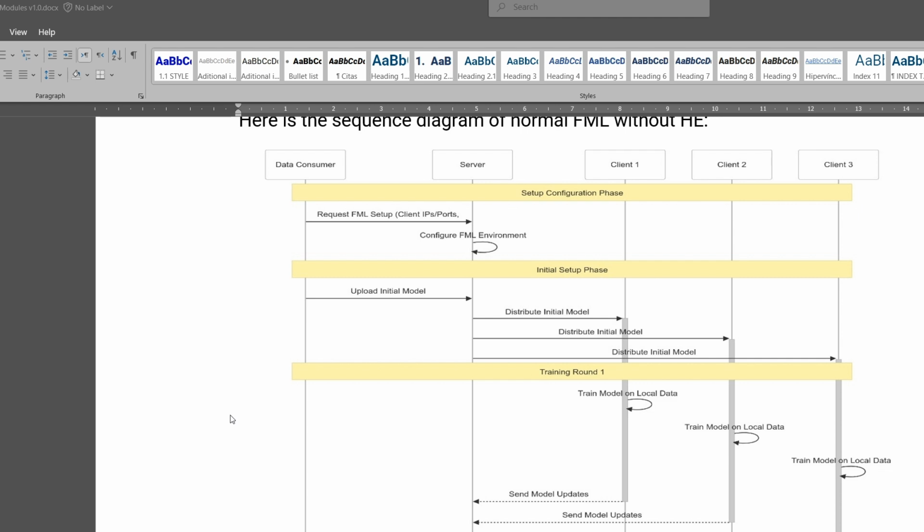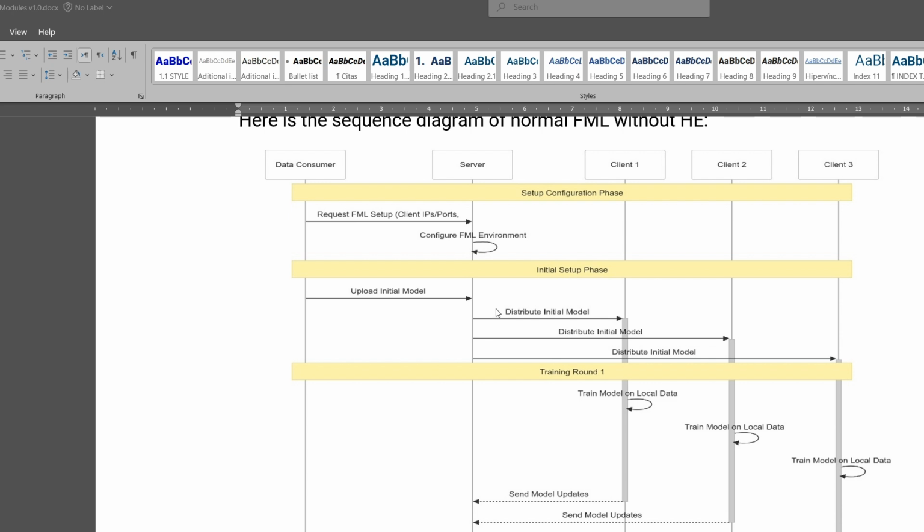do not share or transfer the locally stored data to any server or to the data consumer. So the data stays as it is on the clients, and the data consumer, which has a model that needs to be trained on the local data on those clients, shares the model with the server, which is acting as an aggregator and orchestrator on top of the clients. And then the server